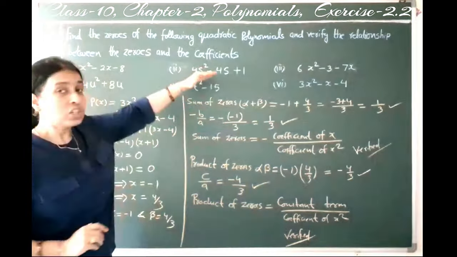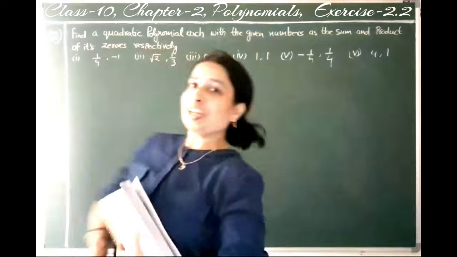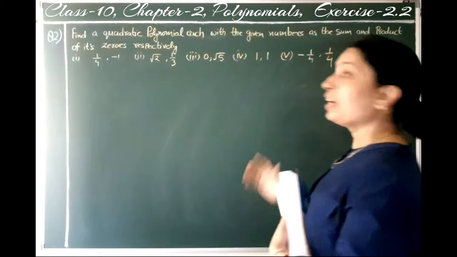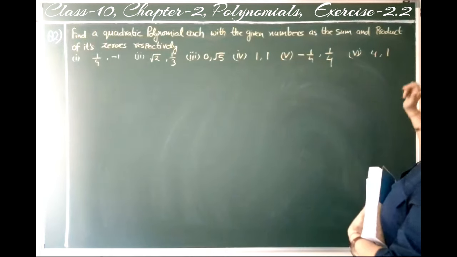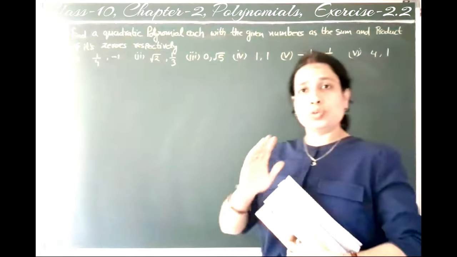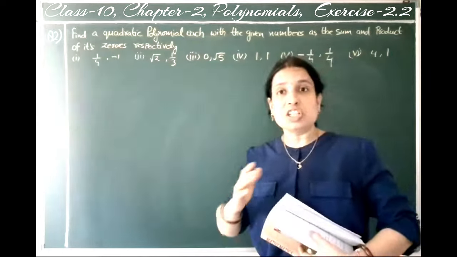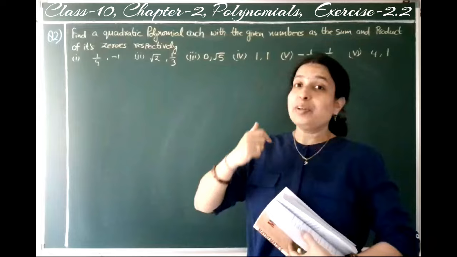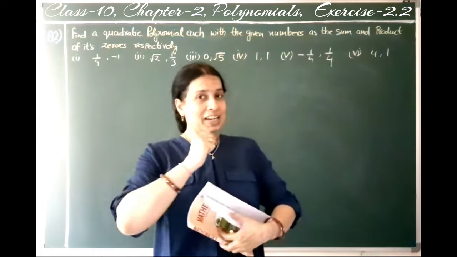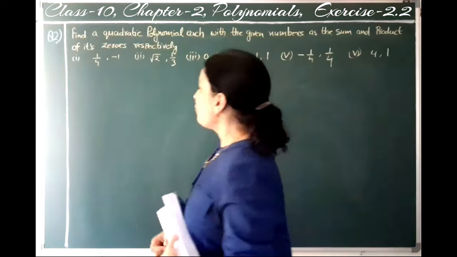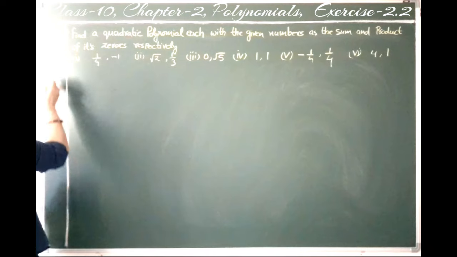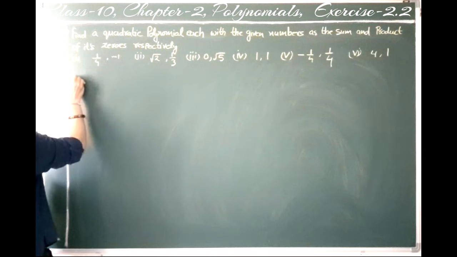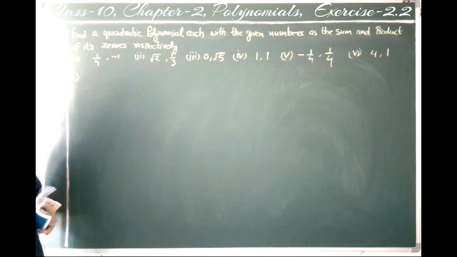Let us see question number 2. So question number 2 is, find a quadratic polynomial each with the given numbers as the sum and product of its zeros respectively. Here sum of zeros is given and product of zeros is also given, and we have to write out quadratic polynomial. Yes. So first we have to write solution for first one. First let